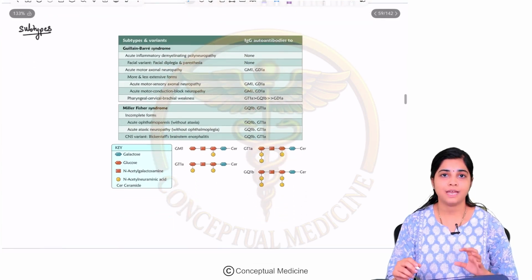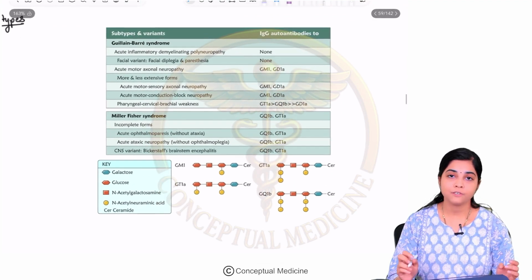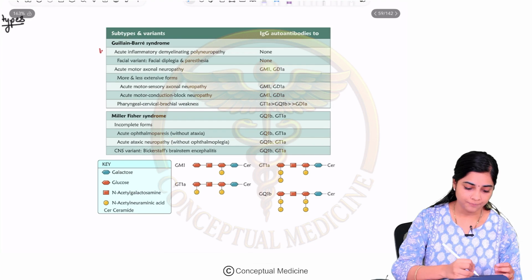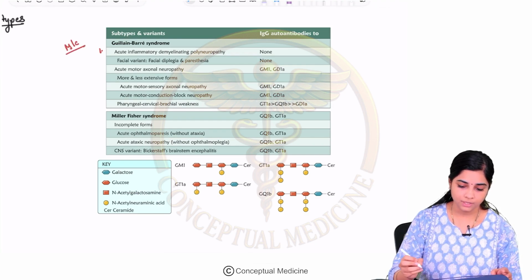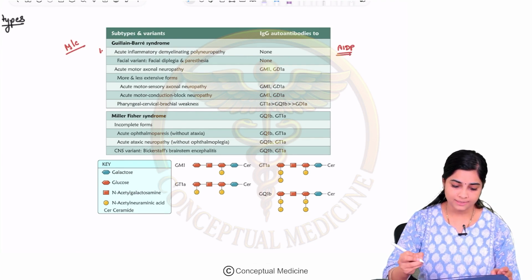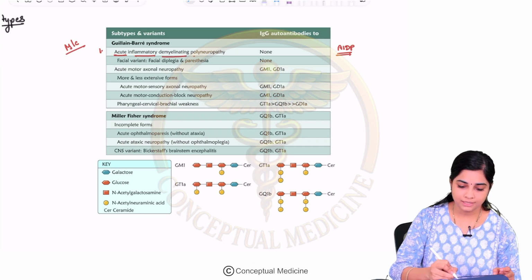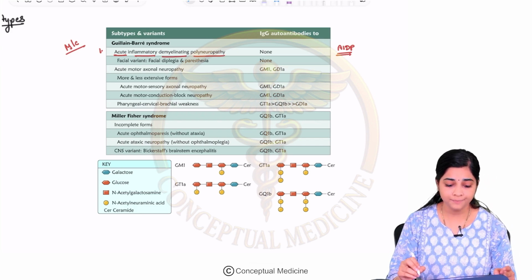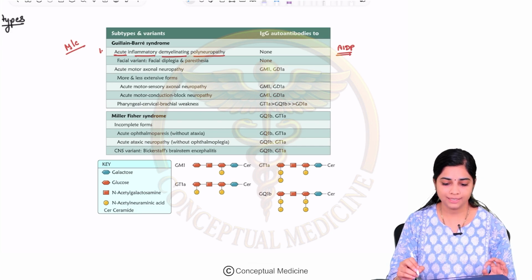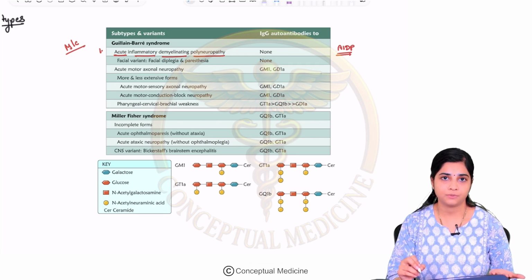Now let us understand the various subtypes of GB syndrome. So GB syndrome is classified into various subtypes. So the first and the most common one is called as AIDP, acute inflammatory demyelinating polyneuropathy. Okay, so this is the most common type of GB syndrome, and this is the prototype that we actually discuss,